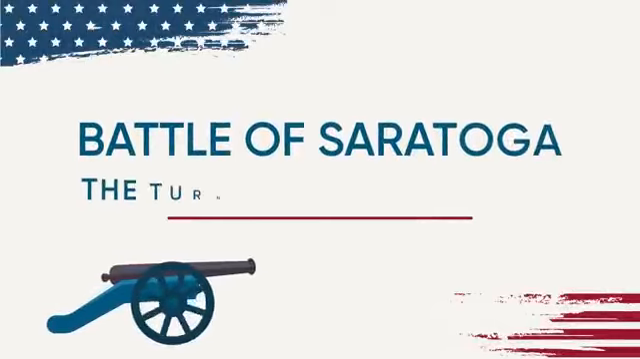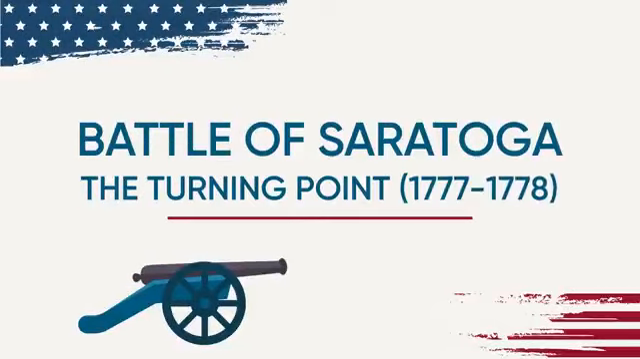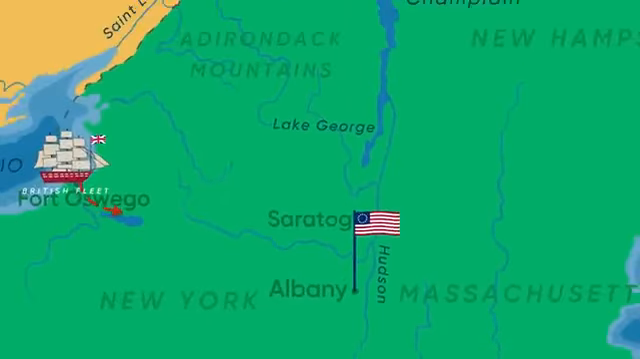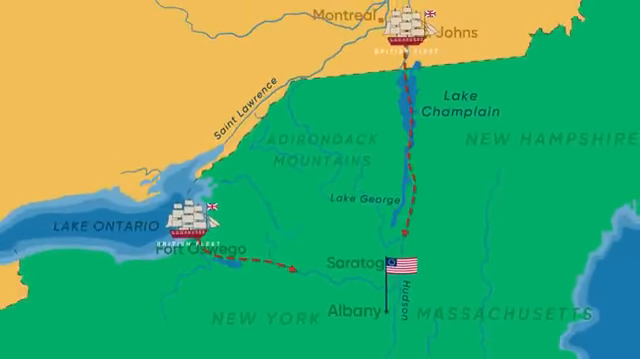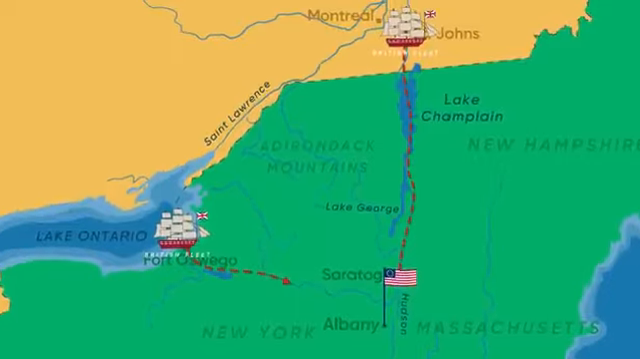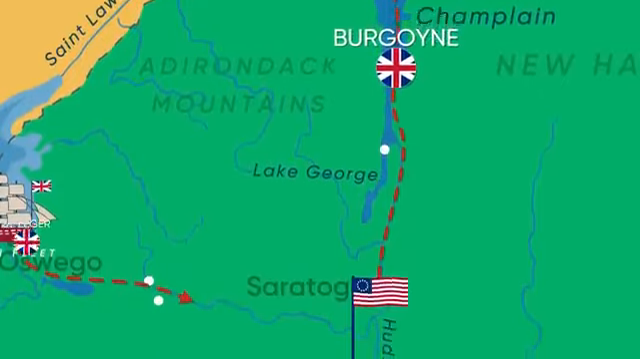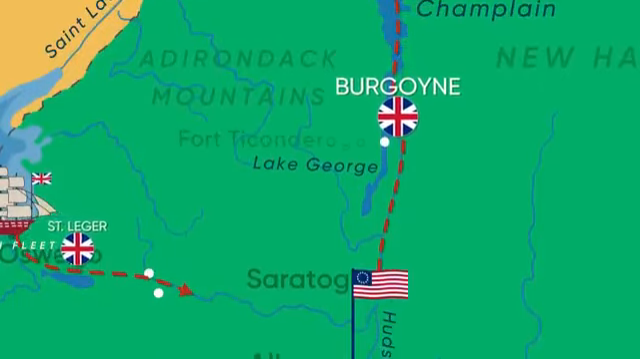Battle of Saratoga, the turning point. Aiming at separating the most rebellious groups in New England from the other colonies, the British came up with a strategy involving 2 main prongs of attack. One led by General John Burgoyne, marching south from Canada, planned to meet the other led by Howe on the